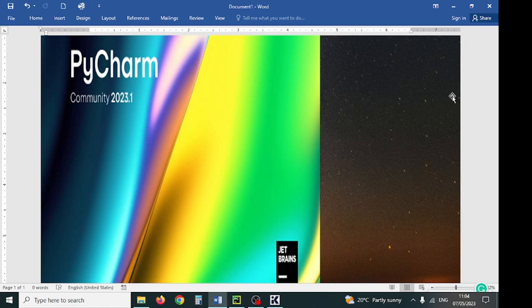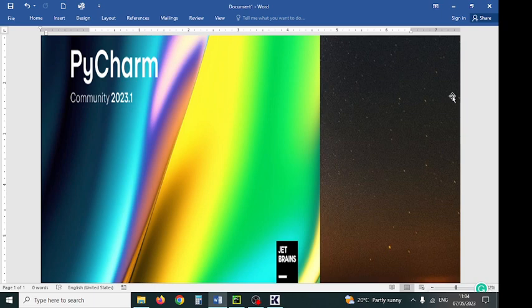After that, we don't want to use the command prompt to write programs, but rather we're going to use an editor, an IDE, and one of the popular editors is PyCharm, as you can see on the screen. To get PyCharm, you go to